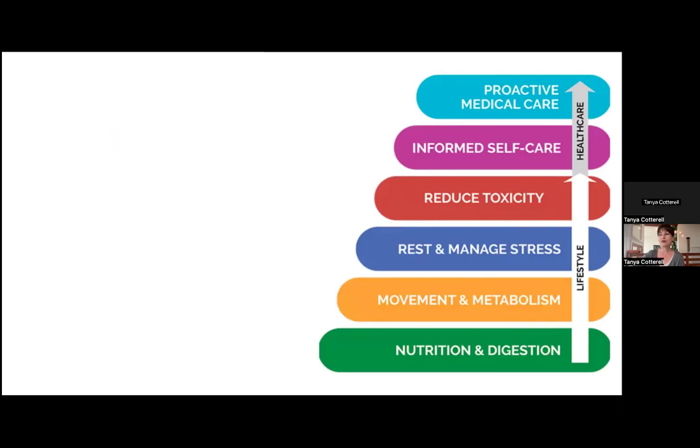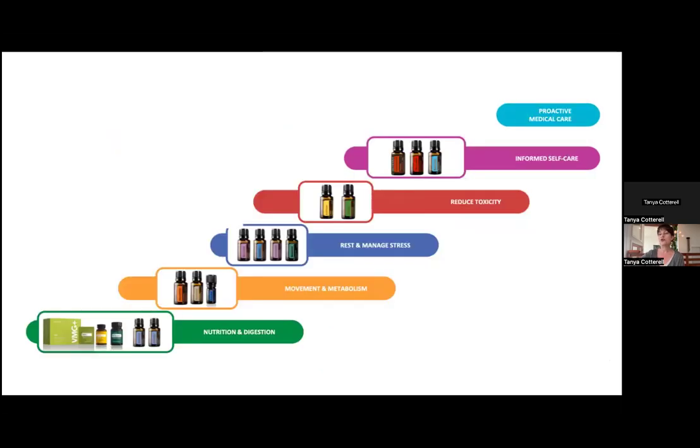Okay, so we're going to head into the final part of the workshop. But I want to go back and reflect on this. Remember this? Well, let me show you how that works with products. So this is kind of, you would fit your products in and your solutions in to these layers. It's going to look different for everyone. It's not that you have to use all of these all the time, but